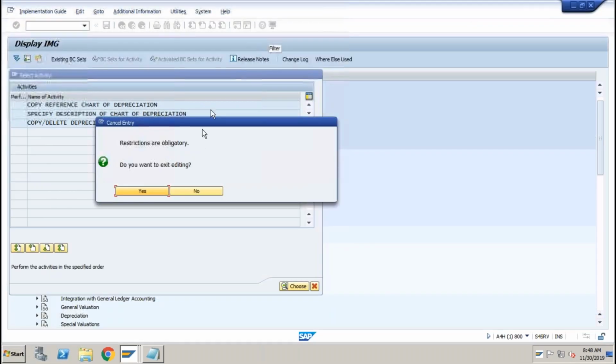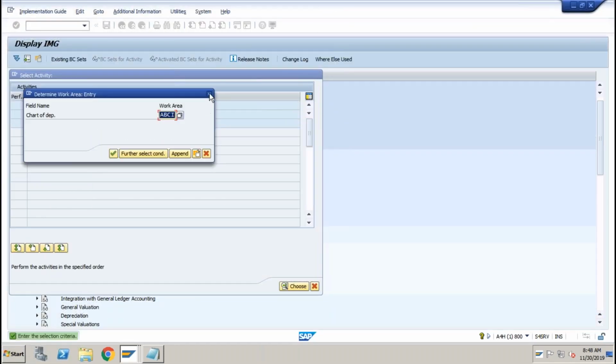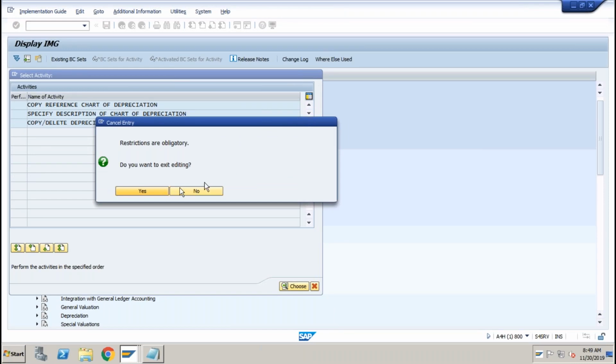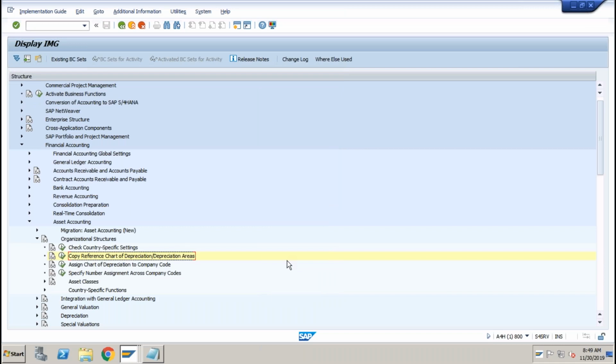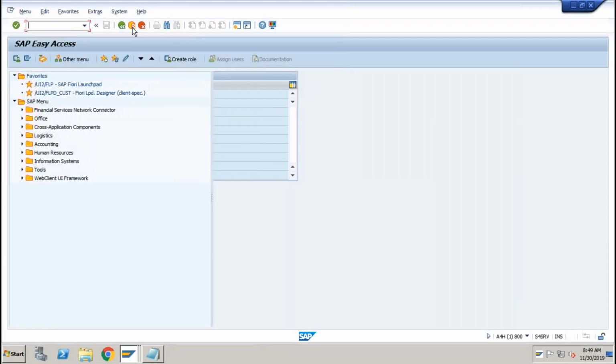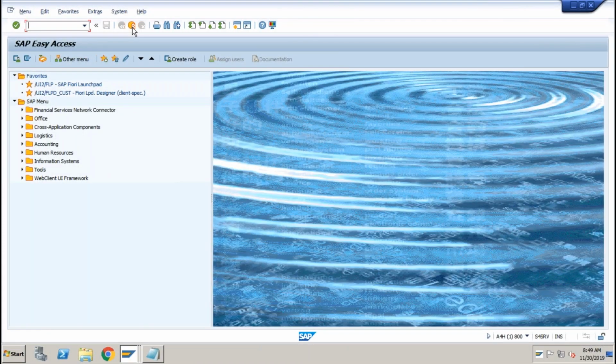Okay. So this is how you need to post the depreciations in SAP S/4HANA system. Now the next thing is, if I want to see the report, what is the net book value at this point of time? If I want to know the total net book value, one is I can go to AW01N, but that is one asset at a time. If I want to see the report for thousands of assets at a time, like what was my acquisition value, how much depreciation is already posted, and what is the remaining value of that asset, then I can go to